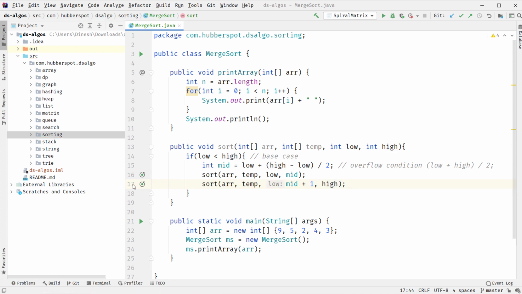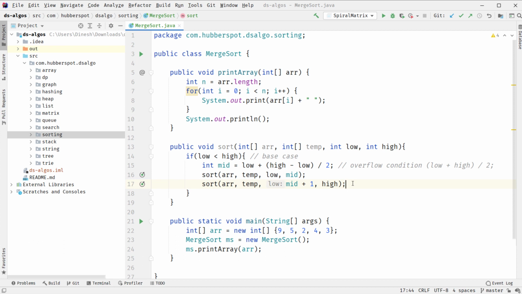This algorithm keeps on dividing till there are only single elements left which can't be broken down further. At that point, we treat single elements as already sorted because there is only one element.